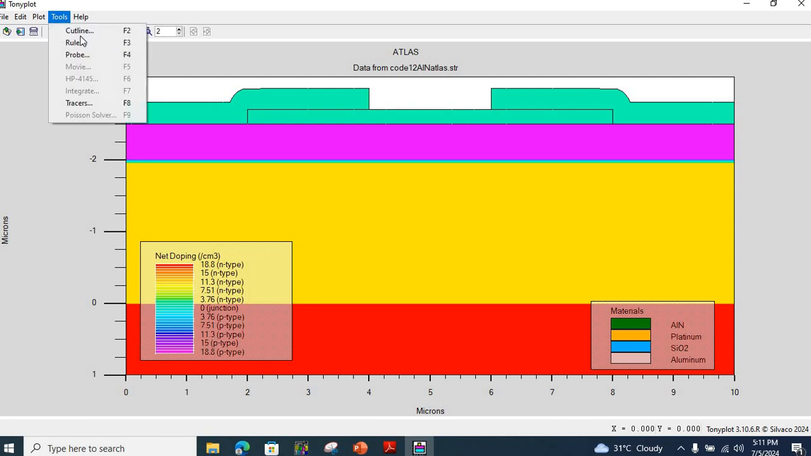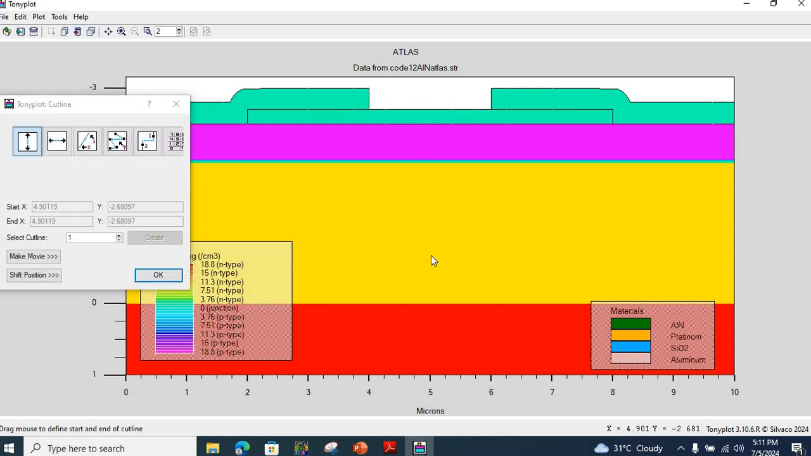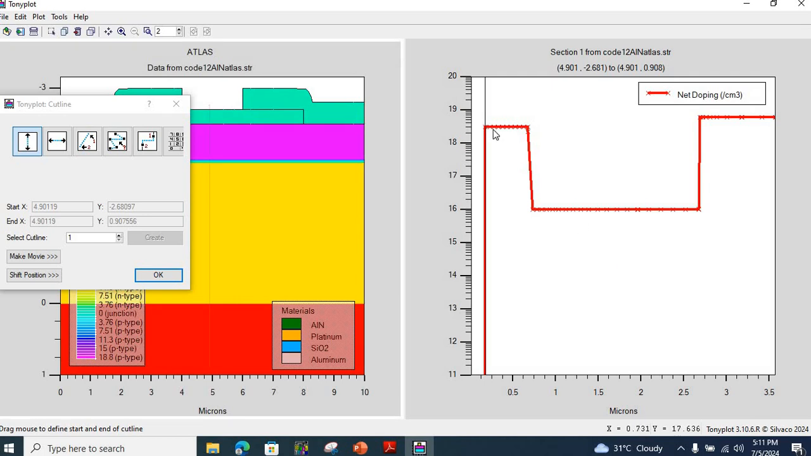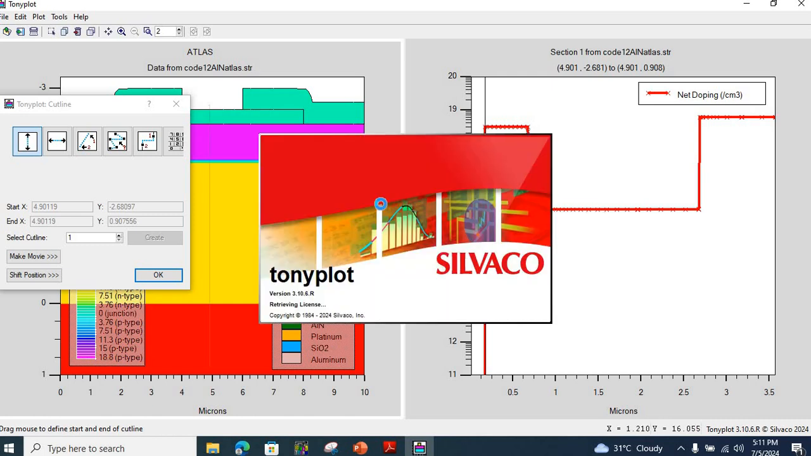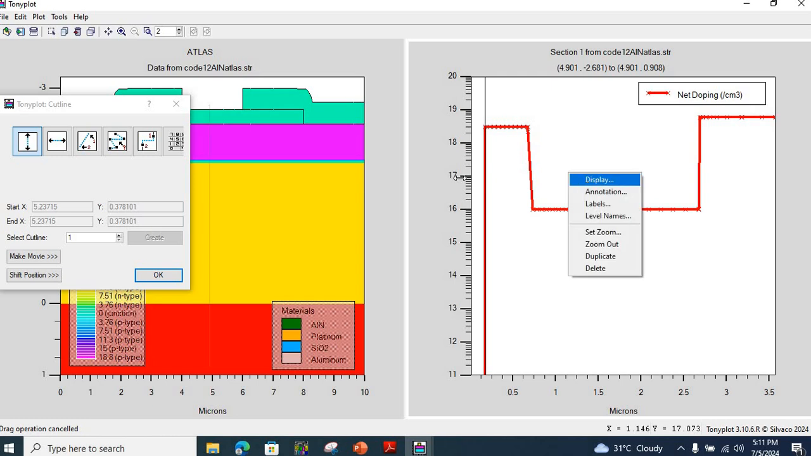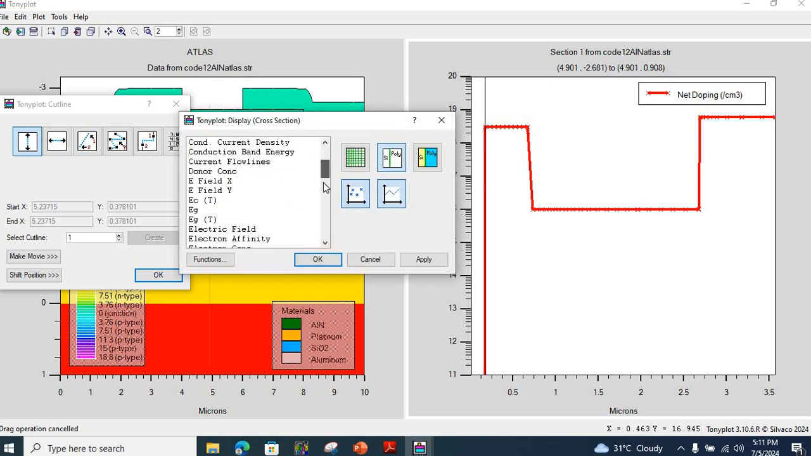These are the doping levels. You can draw a cut line across the structure to see the exact doping levels. 3 × 10^18 for this p-type layer, 1 × 10^16 for this layer in the center, the yellow layer, and 6 × 10^18 per centimeter cube for this red layer. We can go to display,